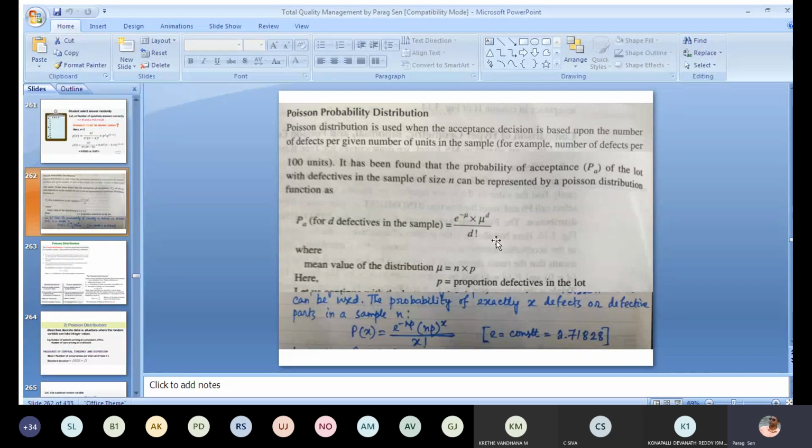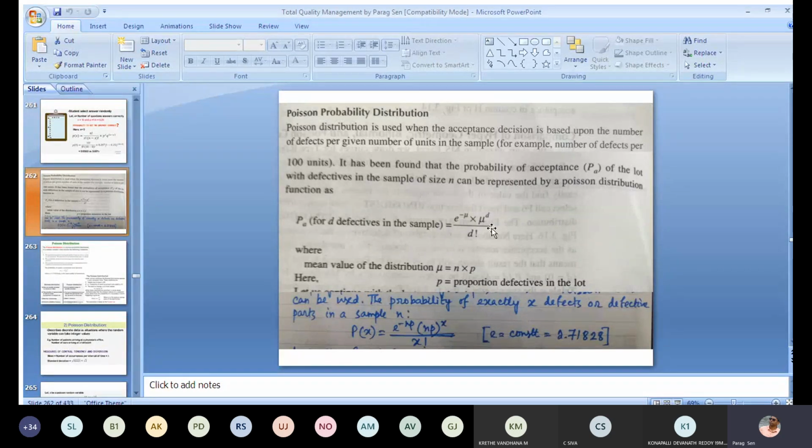So in this expression there is mu. Whenever you are calculating mu, you are calculating n into p. Here in place of mu, you can write n into p. So p is your proportion defective, which is your x-axis value, right? Apart from that, you are also considering n, the sample size, and d, that means the acceptance number. So this function will depend upon three things.